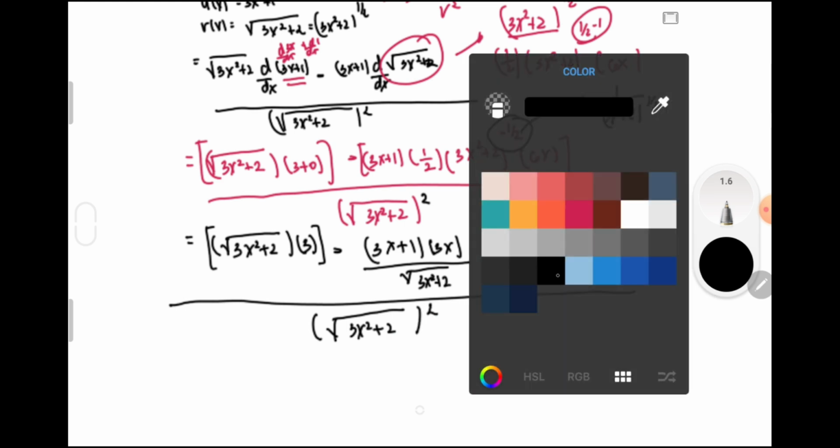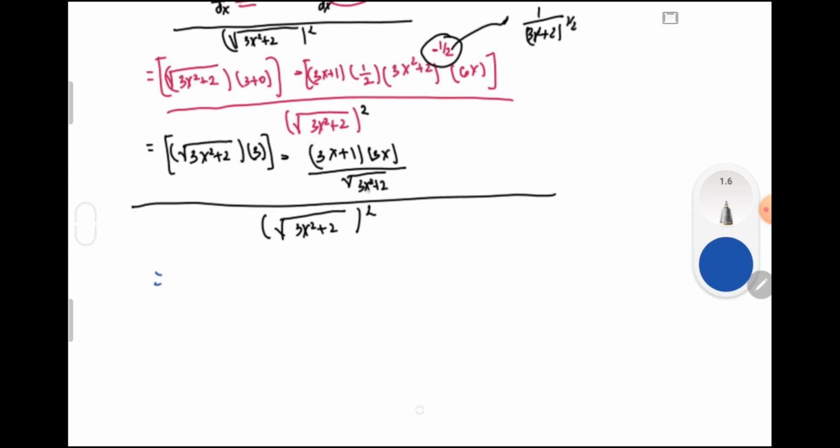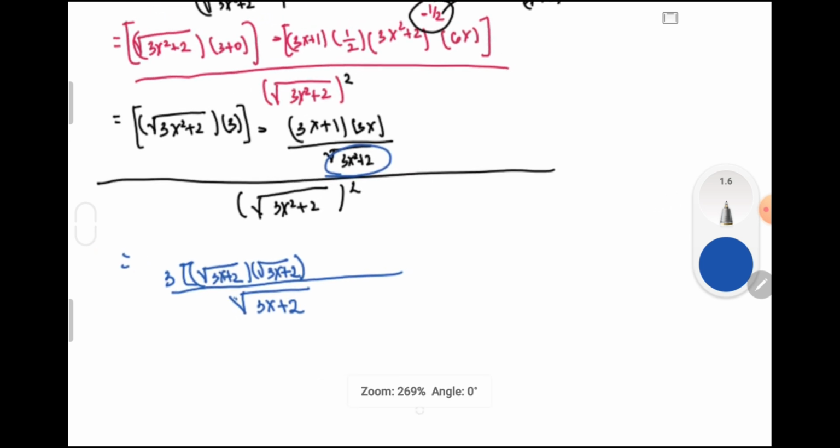Now, let's add our terms. So we'll have a value of, ano yung GCF natin? We have our square root of 3x squared plus 2, so therefore we have a value of square root of 3x squared plus 2 divided by 3x squared plus 2 divided by 1 is 3 square root of 3x squared plus 2 multiplied by 3 multiplied by square root of 3x squared plus 2. So factor out ko na rin agad yung 3, no? We'll have a value of square root of 3x squared plus 2 multiplied by square root of 3x squared plus 2. Okay? Minus our